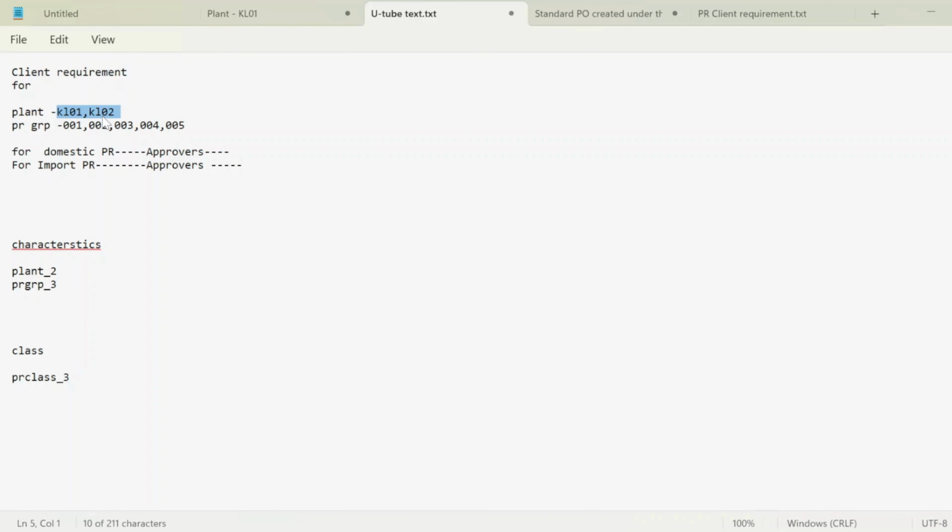The client wants it not only for a single plant KL01; in their business they have two plants or maybe more than that, and more than one purchasing group. And for domestic PR they want different approvers, and for import PR they want a different approver. So the point is, if someone is creating a PR with plant KL01 and purchasing group 001 or 002, 003 or 004 or 005, and if that PR is a domestic PR, then